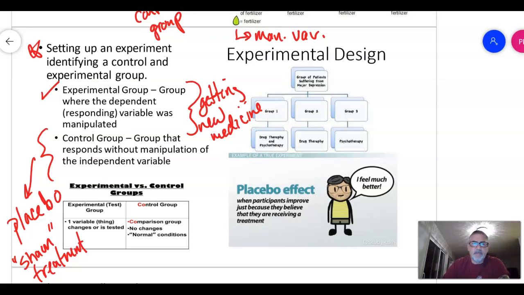All right, so the difference between the two. Right? Interestingly enough, there's a thing called the placebo effect, and some people get better on their own, and they think they feel better because they get the placebo. All right, so if you look at this experiment up here,